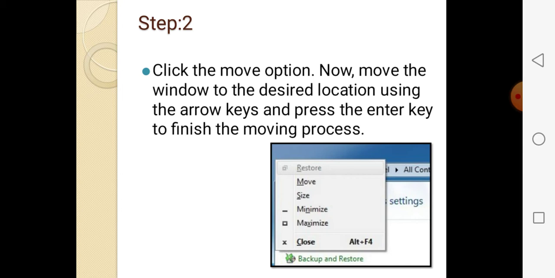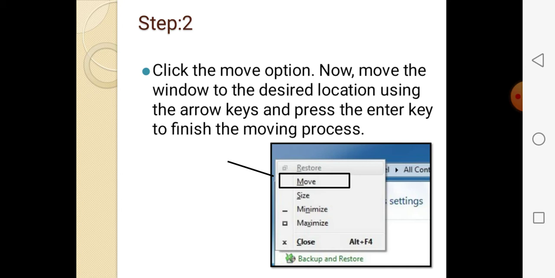On the left corner you have to do the right click. Then after this a dialog box appears, and in that there is the move option. So you have to click on this move option, so you can move the dialog box anywhere.